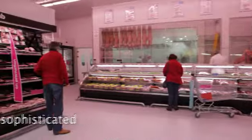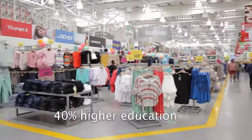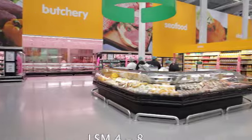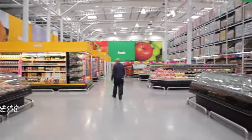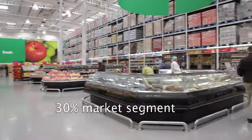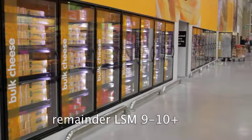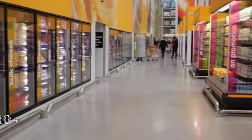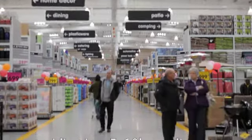We see that, for instance, 40% of the consumers have a high education, which is more than 3 times higher than national average. The LSM's 4 to 8 market segments typically comprise roughly 36% of this particular market area. The remaining 50% is LSM 9, 10 and 10 plus. So there's a clear indication that Macro not only taps into the middle income segments of the market, but also those high income segments. It's typically a customer that resides within a 5 to a 10 kilometer radius from the